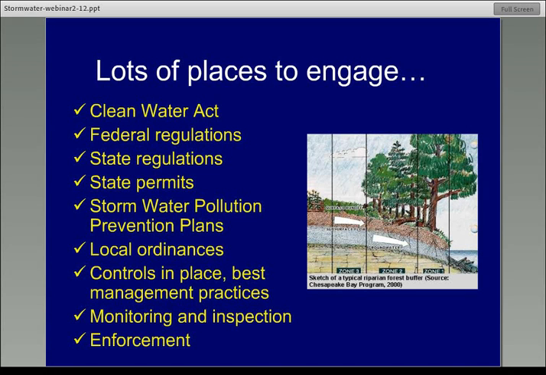Another important place, and in some ways a distinction from the general recognition of the wastewater NPDES program, is that there are many, many places to engage in the stormwater program. My list here may seem overwhelming, and I think sometimes that's why any of you who are working on stormwater might feel overwhelmed. You not only have at the top,